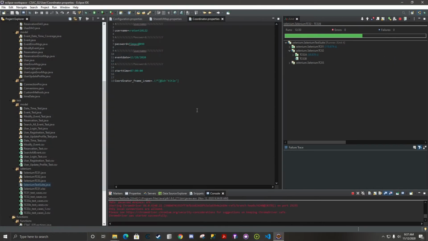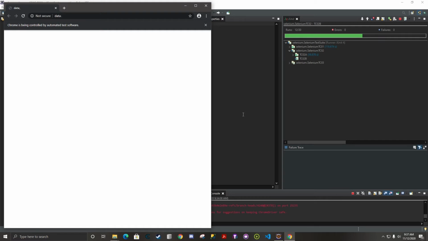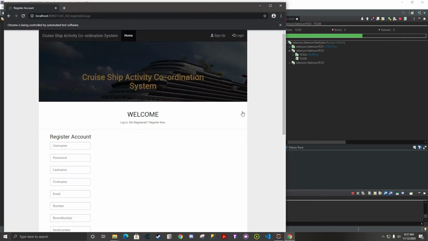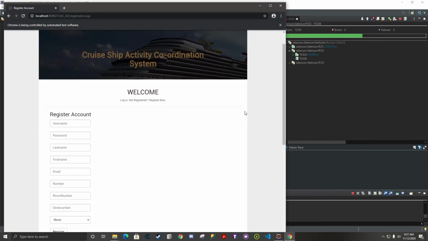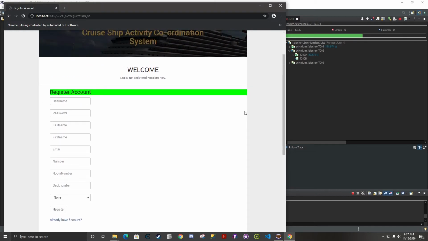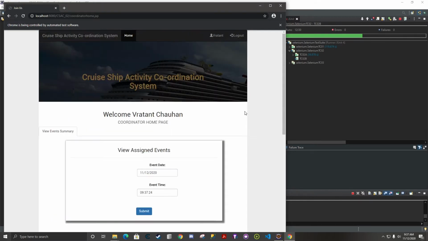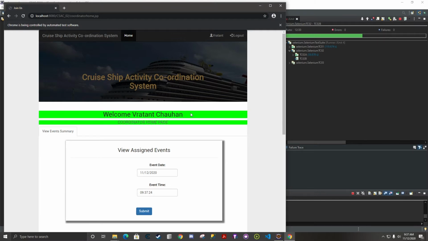So now it's done with the login verification errors. It will now verify all the links of the login page. So it will go back to the main application page after this. First, it will verify the register account, and then it will log in. Then it will check the dynamic logged in user and verify that it matches the value in the database.